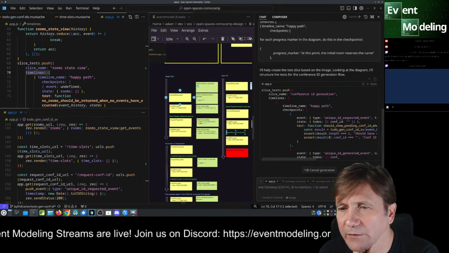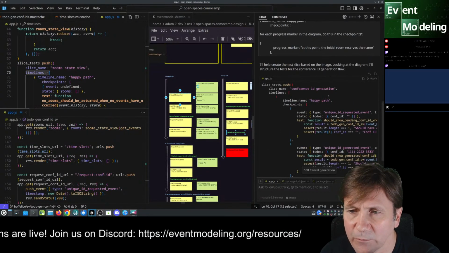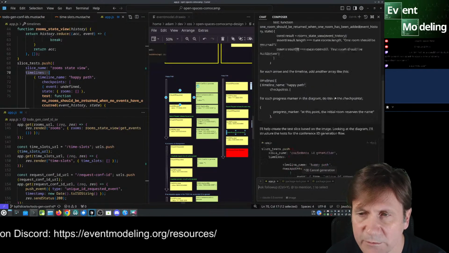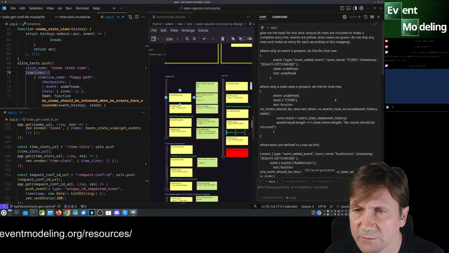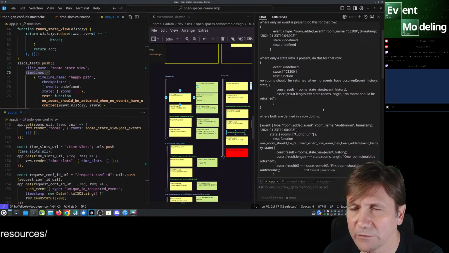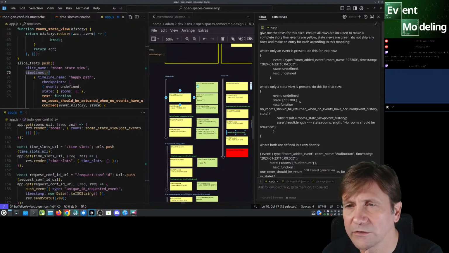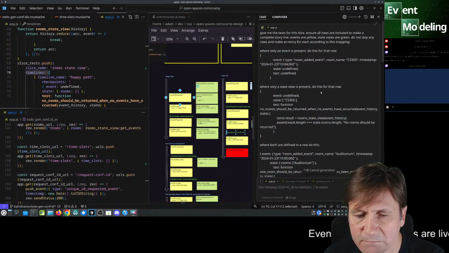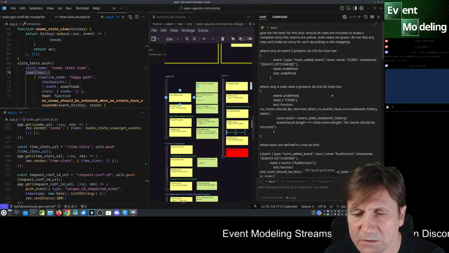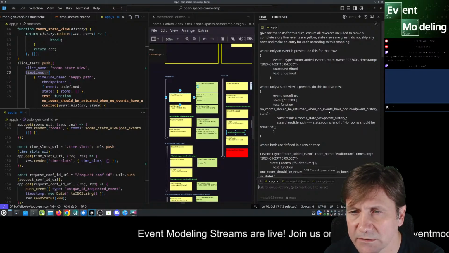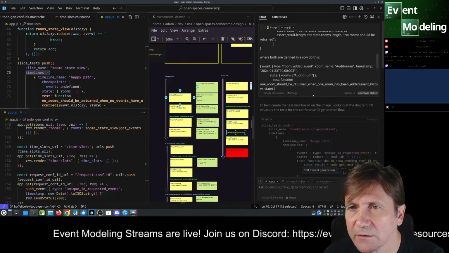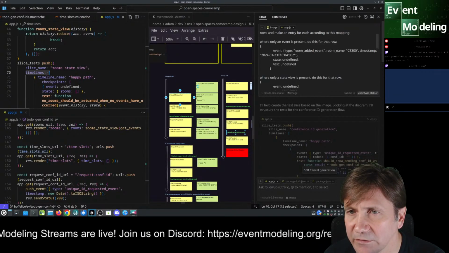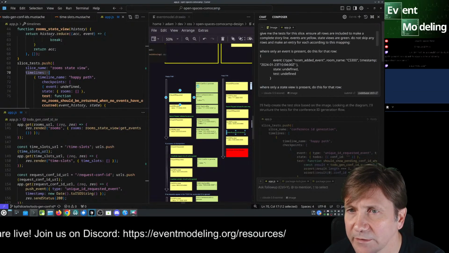Nope, not doing it. Okay, it's actually gotten worse. I think it's the context window's too small for this now. I've added way too much. I should have just comments here. So let's make this smaller. So I don't want this kind of stuff here. I want this.